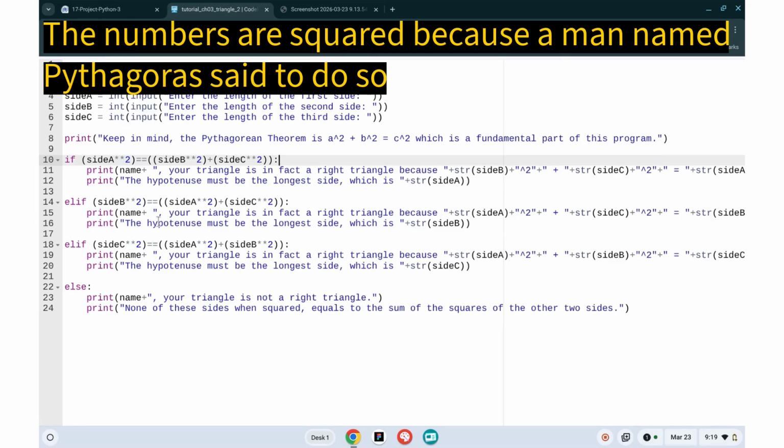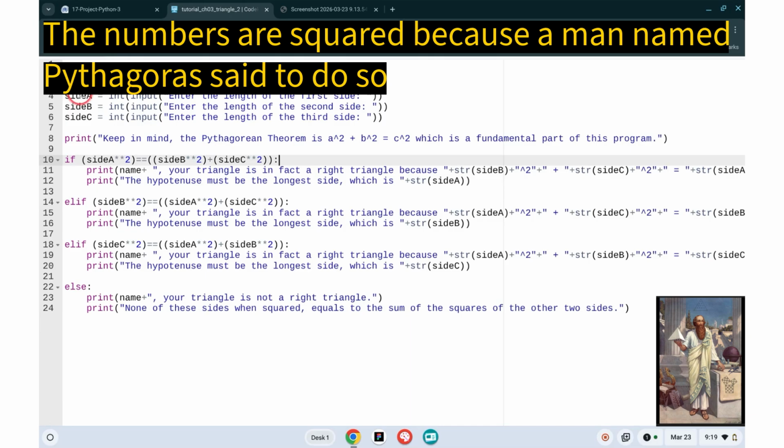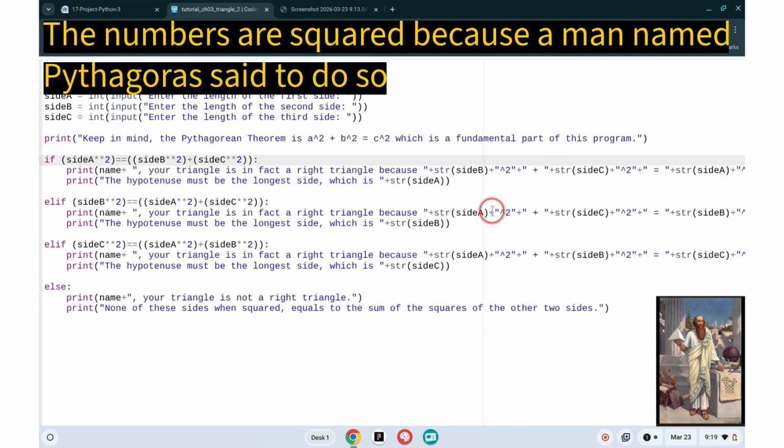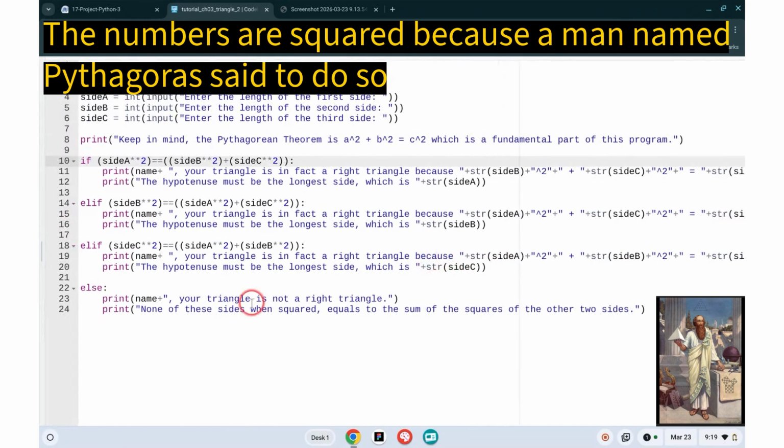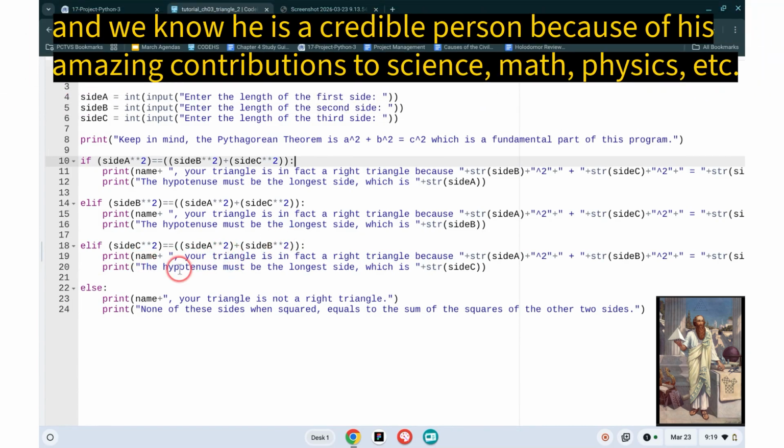The next statement is an elif. In case side A does not turn out to be the hypotenuse, we will check now if side B is the hypotenuse. So side A and C become the legs. If that is true, then it will say your triangle is in fact a right triangle, because side A to the power of 2 plus side C to the power of 2 equals side B to the power of 2. Then we have another elif, which will now check if side C is the hypotenuse. So we have the equals comparison operator, and then we have side A exponentiated to the power of 2 plus side B exponentiated to the power of 2. And then basically it's the same message, but instead it will say side C is the